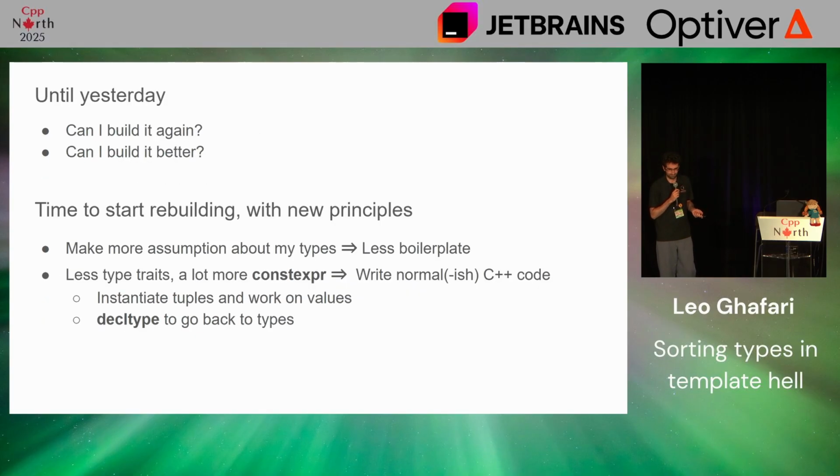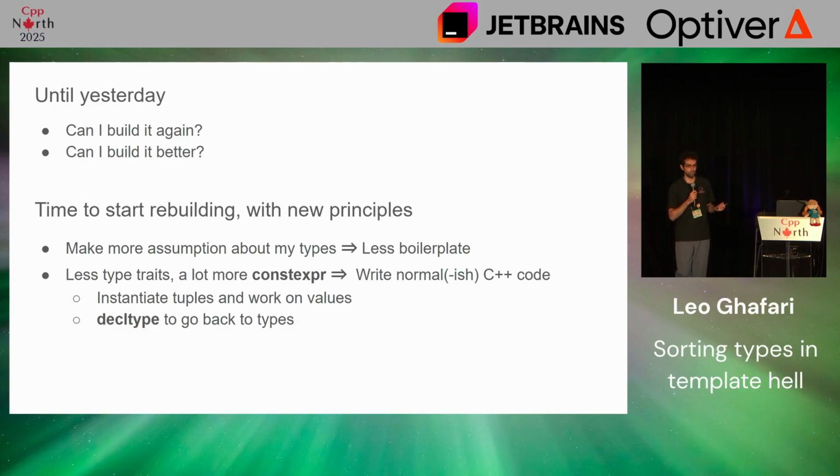Until yesterday. Yesterday, after talking with people, I asked myself: can I build it again? Can I build it better? So I started to rebuild it, finishing at 1 AM last night, with new principles. I wanted my code to be better this time. So instead of going for generic type lists and everything, I will make more assumptions that should give me less boilerplate. And type traits are fine, but no, I'm going to use more constexpr, more consteval,